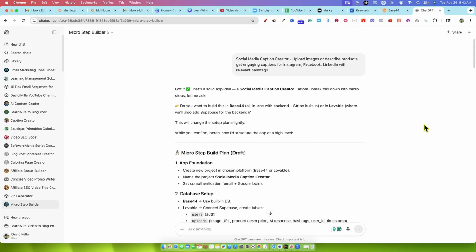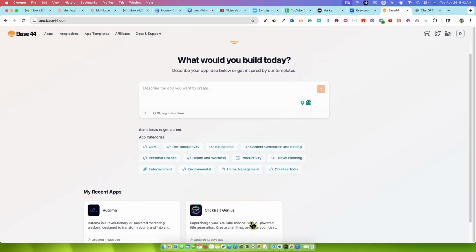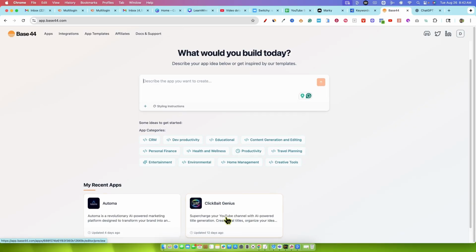All right, let's build a no-code SaaS app today. I've created a micro-step builder, a GPT over here, and it's specifically instructed to create apps using Base 44 or Lovable, which I will specify. The advantage of using Base 44 is that we're going to be able to create the app in